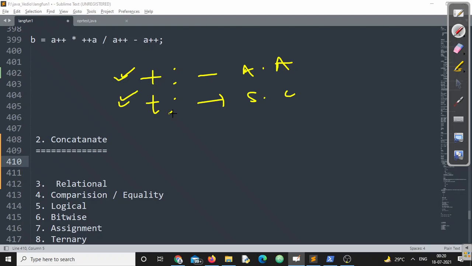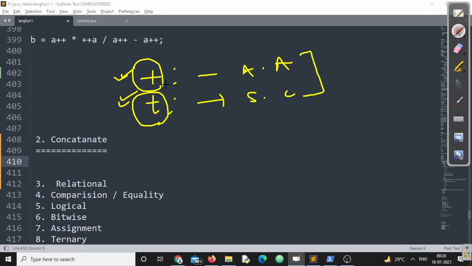How will the compiler understand when it has to apply the arithmetic addition operator and when it has to apply the string concatenation operator? The answer is very simple. Listen very carefully.